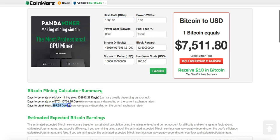So you can sort of see now that the entry point for me would be around, if you want to be safe, let's say 300 days, because you might need to pay a little bit more costs if it changes, because I don't see it being 62. It could even go up more, so you might want to adjust this to maybe 10,500 or 9,500 depending on what you're buying. But this is sort of what I would say is a safe break-even point, just with a little margin on the side of the sort of 65 days, 68 days, or whatever it is,